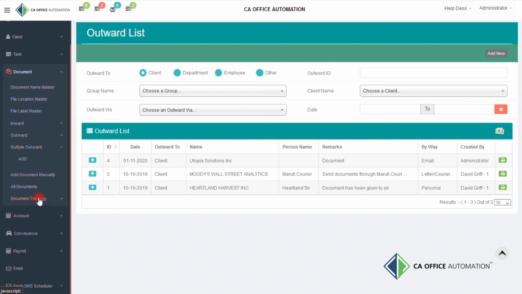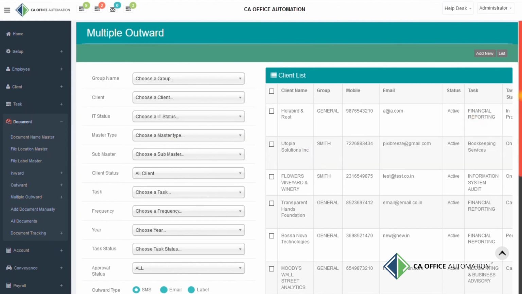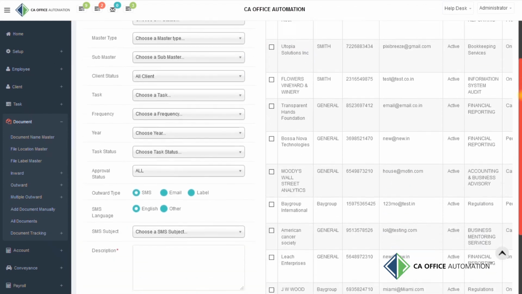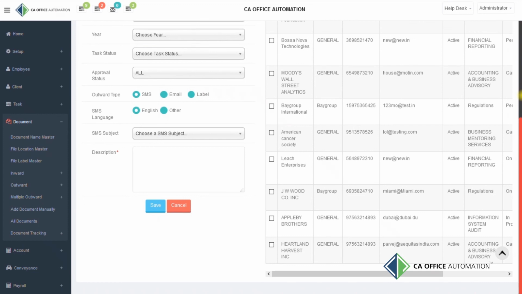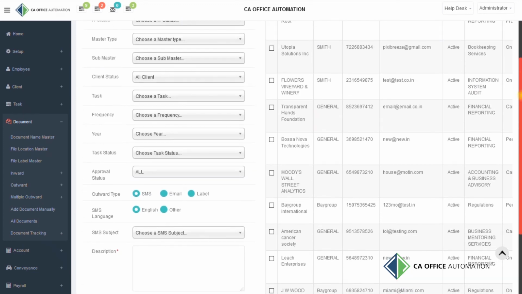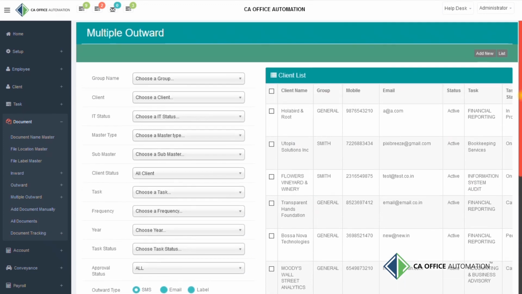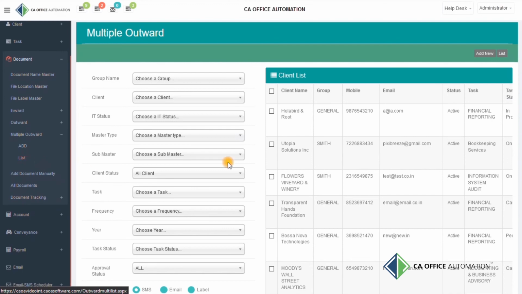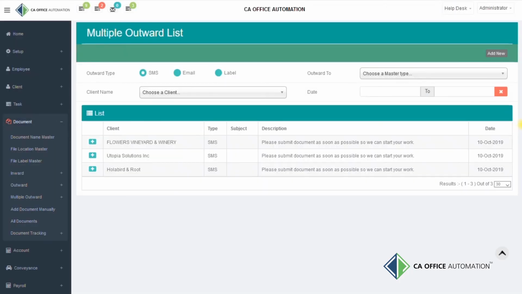Through multiple outwards, you can send email or SMS to a group of clients in just one click. Here, you will get many options to get the desired group of clients. Here, we can also generate labels for courier purpose. In the multiple outward list, all previous outward reports are listed with corresponding details and you can see them by